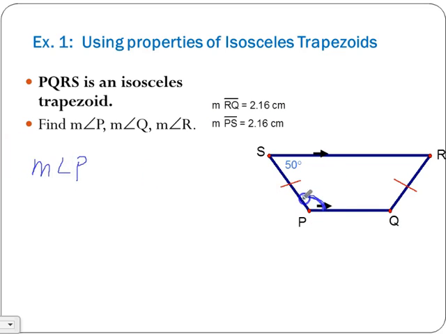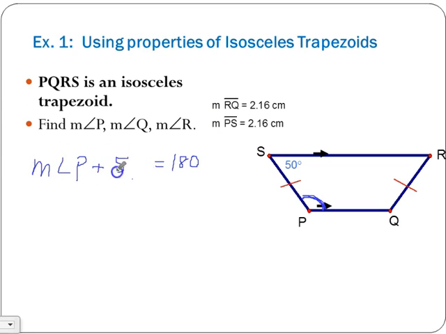So can we figure out what the measurement of angle P is? Remember, we just learned about adjacent angles. Angle P and angle S are adjacent angles. What did we learn about the measurements of adjacent angles? They have to add up to equal what? 180 degrees. And if we know that the measurement of angle S is 50 degrees, I'm going to